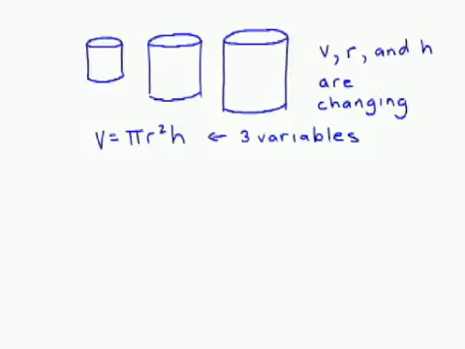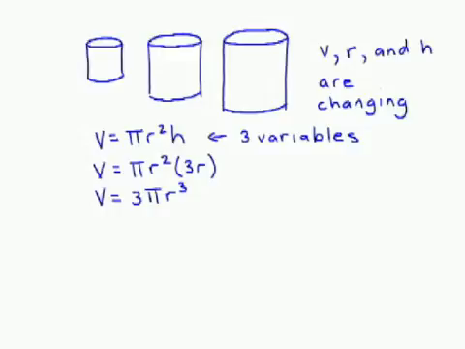We know, based on the word problem, that the height is always 3 times the radius. So h is equal to 3r. That's why in the second step of our solution, I've substituted 3r in for h. By doing so, I ultimately obtain the function, the cubic function in this case, V is equal to 3 pi r cubed. So now we're down to two variables, and we should have no problem taking the derivative using the